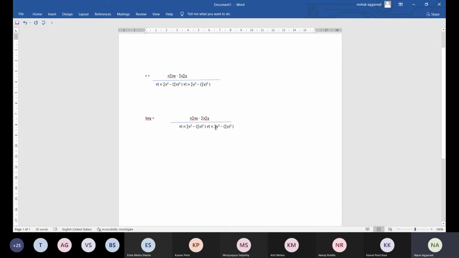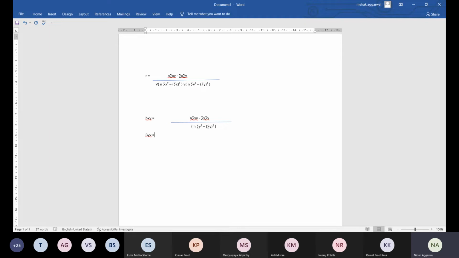So here are two terms, one of x and one of y. So if it is bxy, there will be only the y term. There will be no x terms in this. So it will be only the y term, and that is without under root. So that becomes the formula for regression coefficient bxy, which says n summation xy minus summation x summation y, whole divided by n summation y square minus summation y whole square.